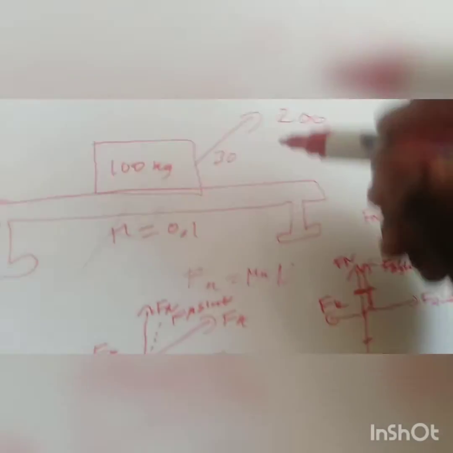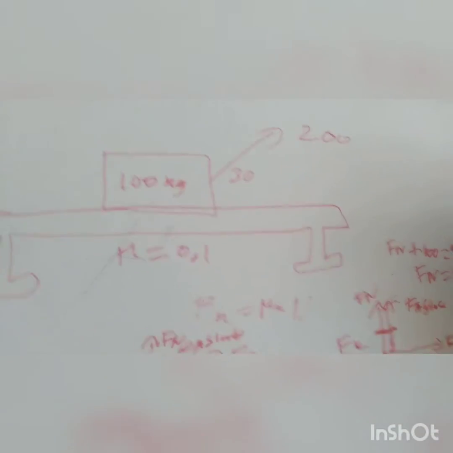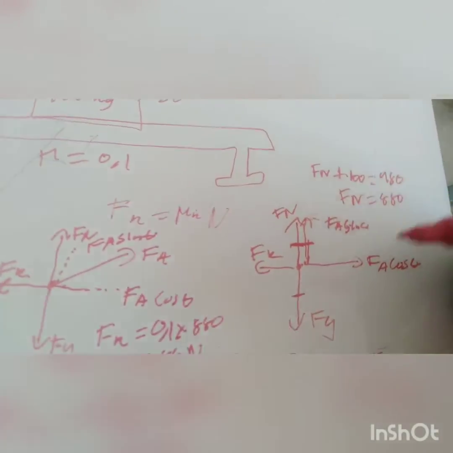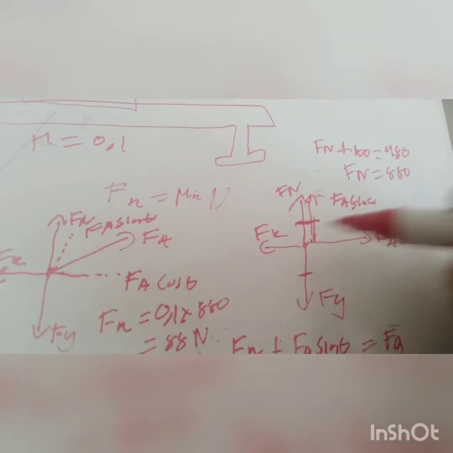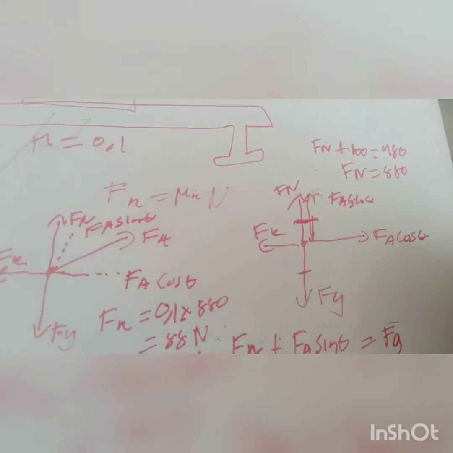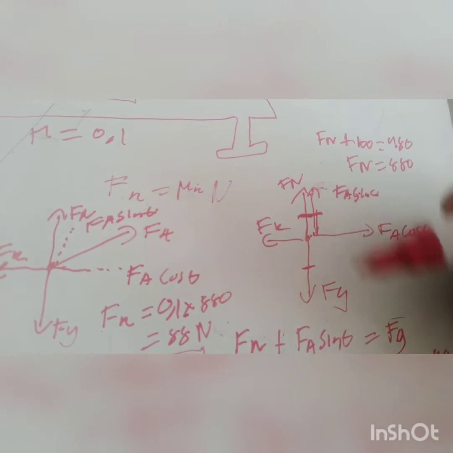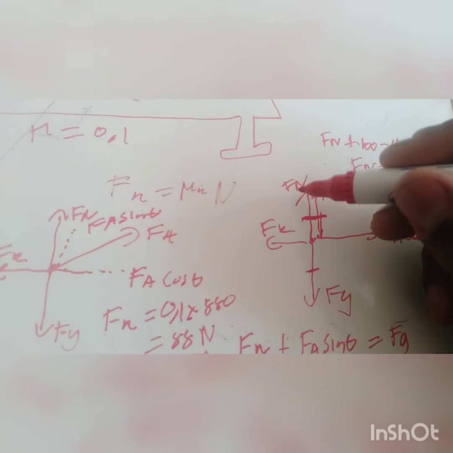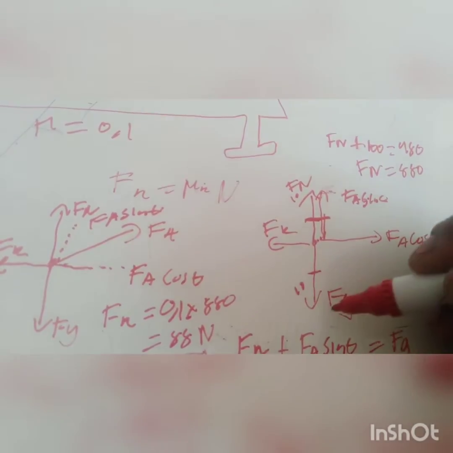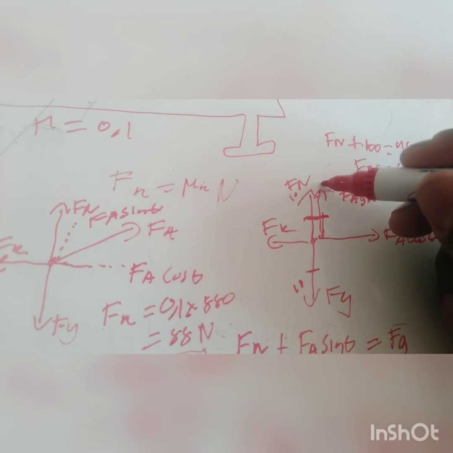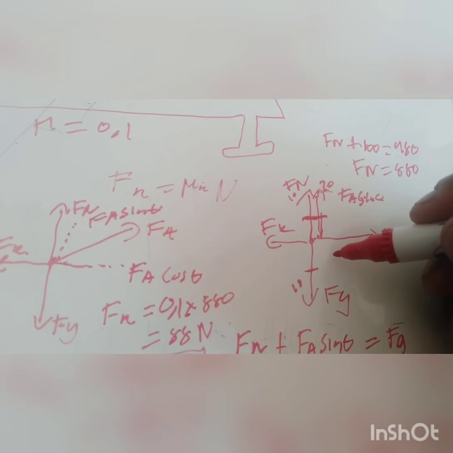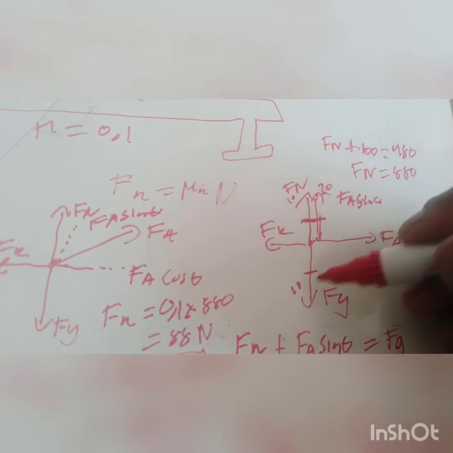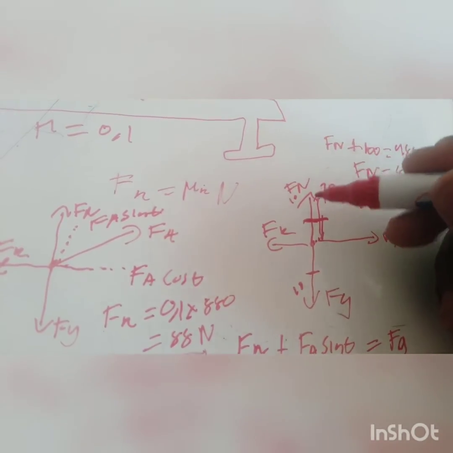So always remember, whenever this is inclined, the normal force is not equal to the gravitational force. There are two forces that combine to be equal to one, so that they can still be balanced. You see, if this was equal to this, let's just say this was 10 and this was 10, and there's an extra force, maybe 20, then it means the net force is 20, because these two will cancel